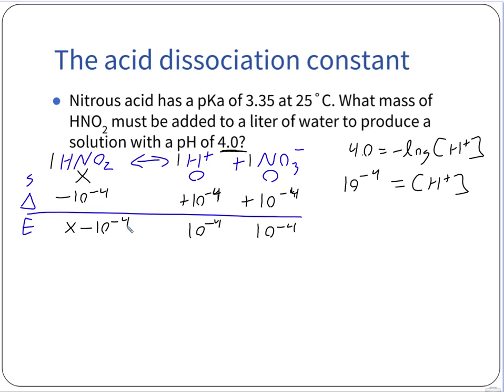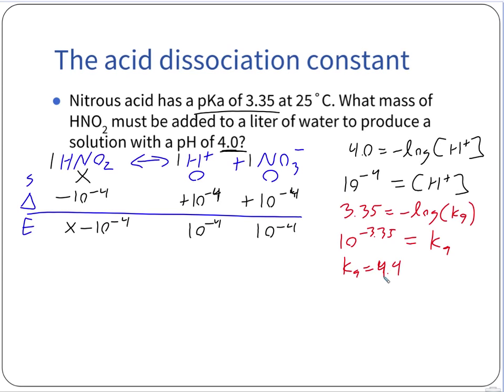It says we have a pKa of 3.35. But to set this up, we need to find what our Ka is. And so to do that, we'll use our pKa formula. We know that the pKa, which in this case is 3.35, is equal to the negative log of the Ka. Same way it works, 10 to the negative 3.35 power is equal to Ka. And when we solve that for Ka, I get 4.4,